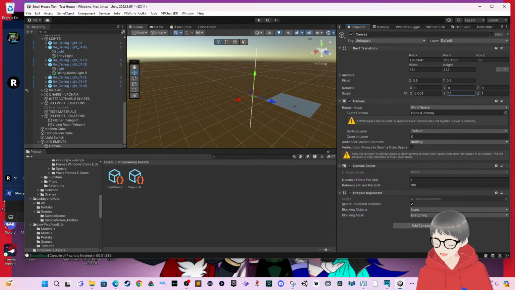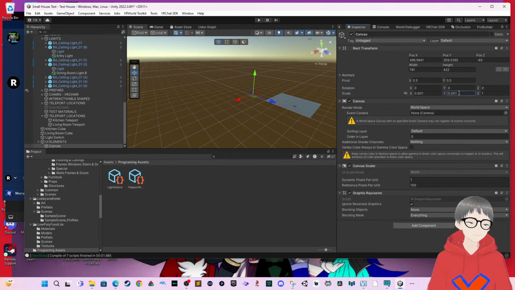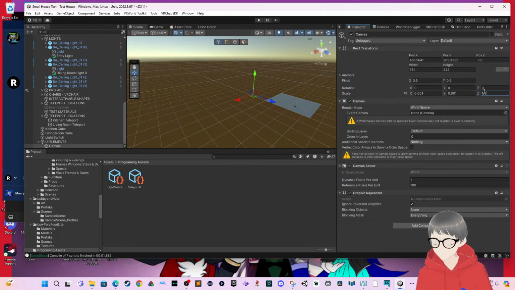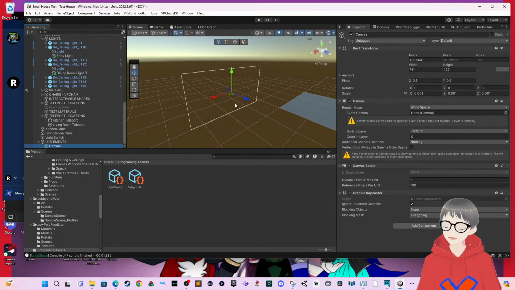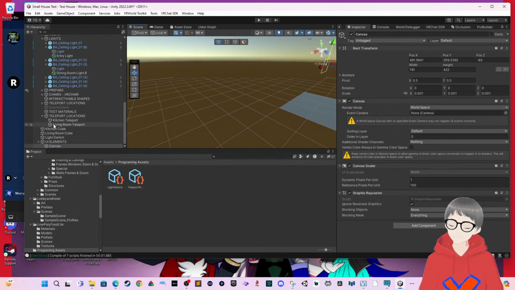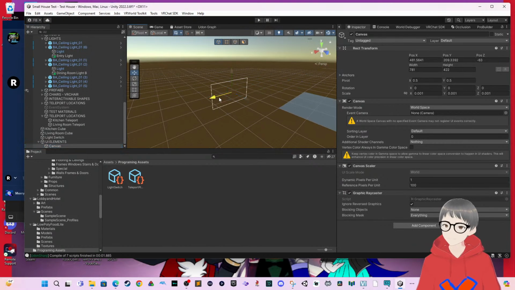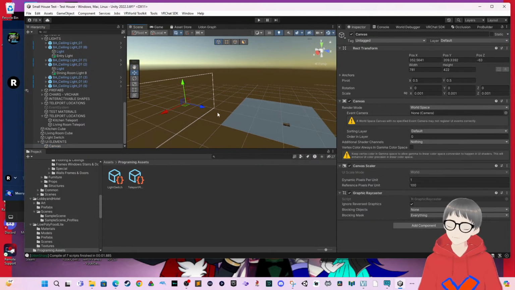Same thing for Y and same thing for Z. There we go. So now that we moved the canvas, we're going to move it all the way to our house. This will take a while, so bear with me. But anyway, that is how we do the canvas